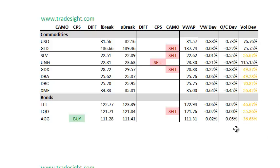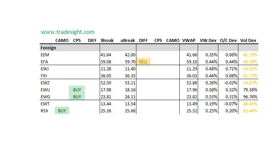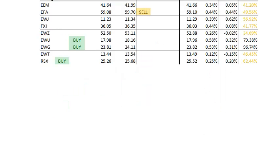The bonds are all trading very, very light volume, though there's a couple of signals, not really enough volume to sink your teeth into. Foreign names are actually a little bit better to buy. There's a few buy signals here, two of which are the CPS variety, which tend to be stronger. The EWG and the EW also both have CPS signals, so I'm going to be watching those for this coming